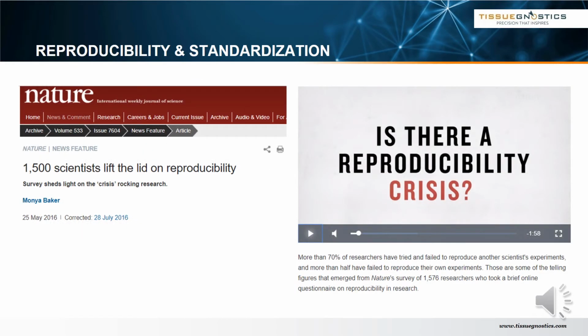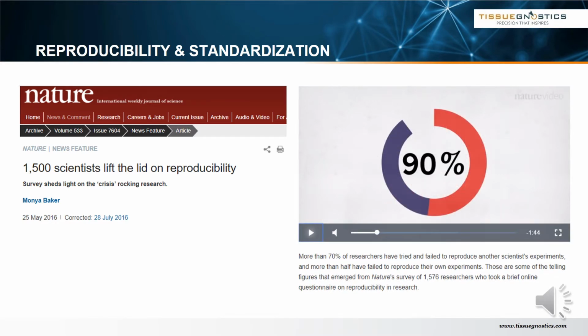You may have heard about what has been called the reproducibility crisis. A survey among 1,500 scientists published by Nature revealed that more than 70% of the researchers have problems in reproducing published data. An additional 20% have problems in reproducing their own data.